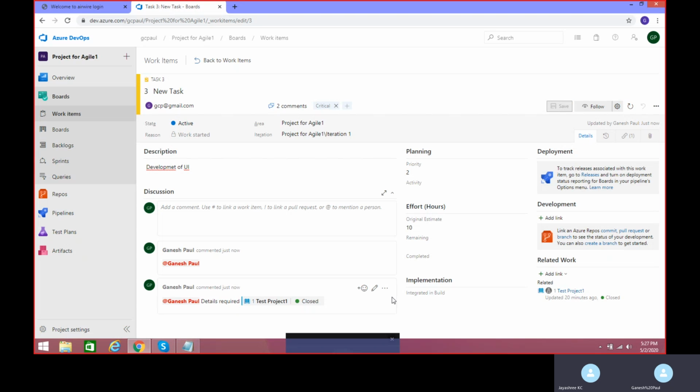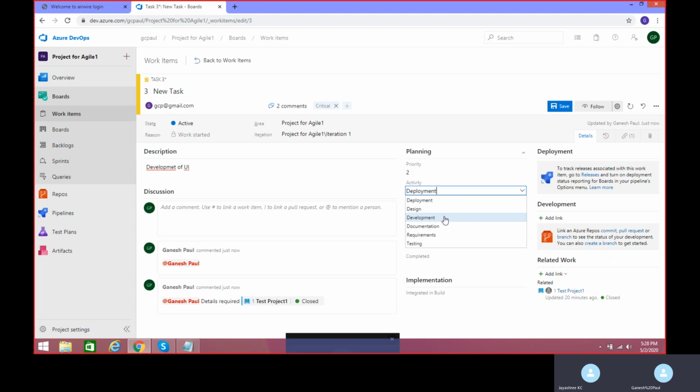So now you got to know why you're using tags as well. And along with discussion and description, under planning, you can go ahead and use priority and activity. And then actually in terms of task, you need to concentrate more on the effort section because this is the effort that your developer or tester, anyone who is working, will be putting. Say for example, the activity I'll be working on is development.